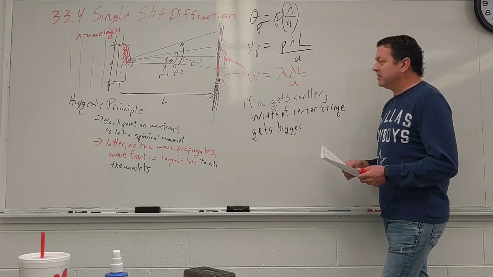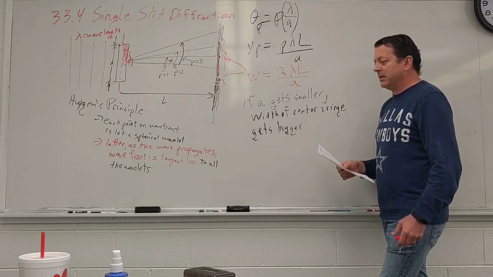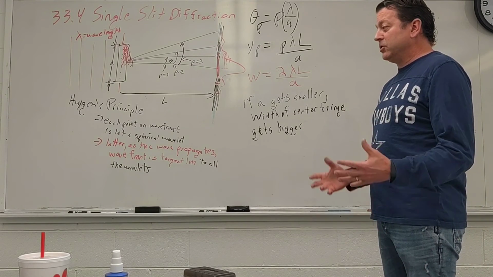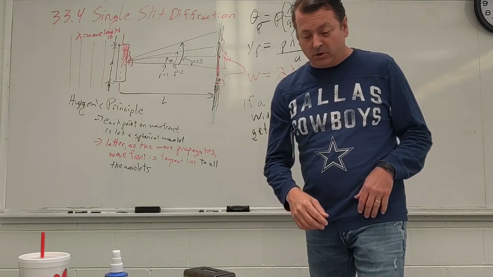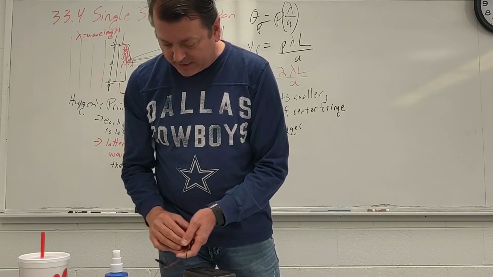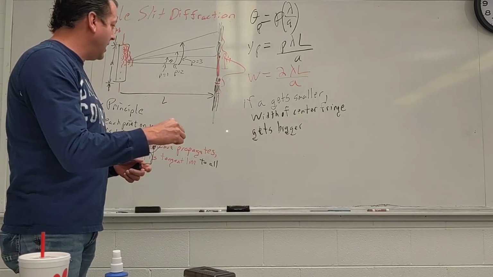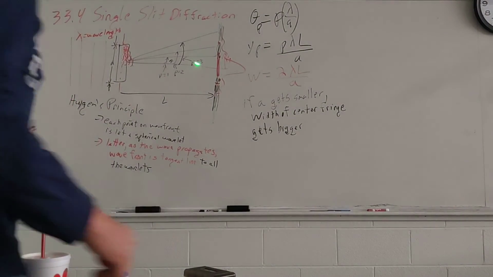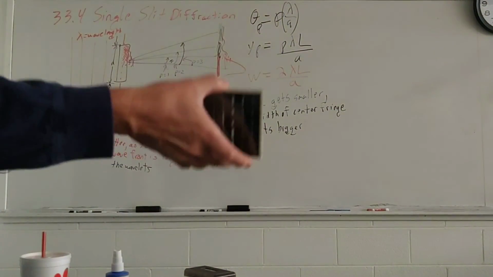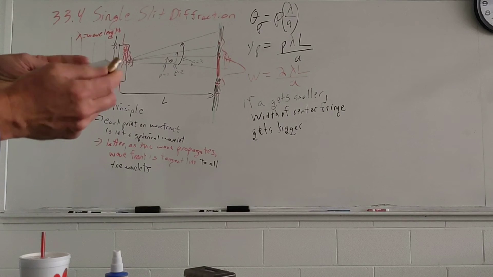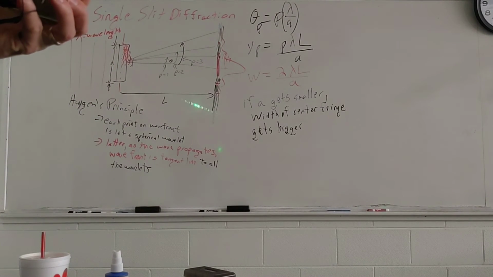Now I'd like to show you this. Unfortunately, the way we're doing it, I don't think we're going to see it real well. It'll basically just show the light spread out. I'll try this one more time, and we'll get the green laser up from the other day. Get the light. We'll take the thing we have here that's going to produce it. Now, if I hold it right there on that slit,